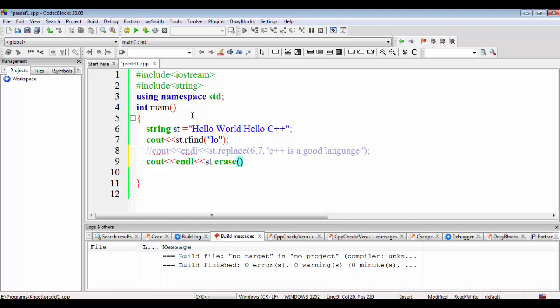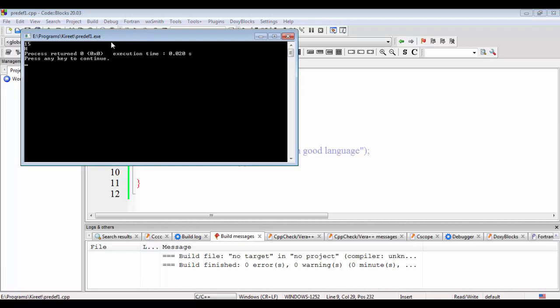I want to keep this capital H and erase all the letters after it. So I want to erase from index 1, all the letters after the 0th index will be removed, and only H will be there. Let's try to execute it. Here you can see all the letters have been removed and only H is there.